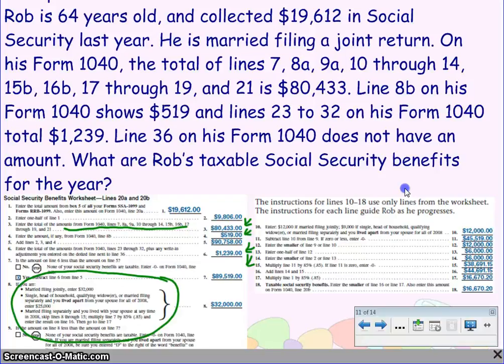Then it says subtract line 10 from line 9. So line 9 had the 32,000. So if we take that, we end up with $45,519. Then it says to enter the smaller amount. Well, the smaller amount is 12,000. Then it says to enter half, and so